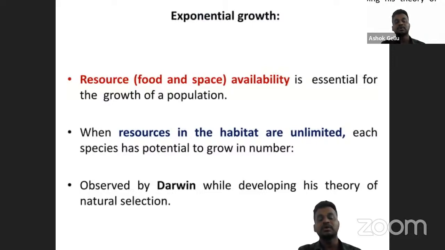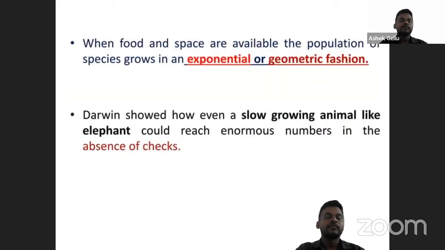This was observed by Darwin while developing his theory of natural selection. When food and space are available, the population of a species grows in an exponential or geometric fashion. Darwin showed